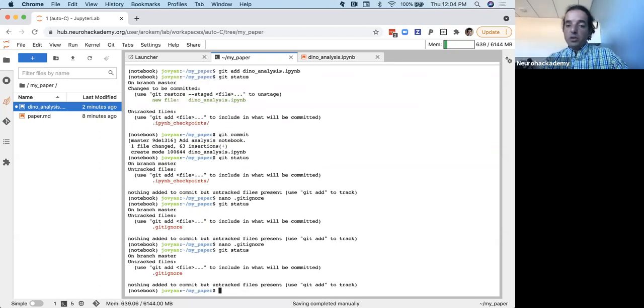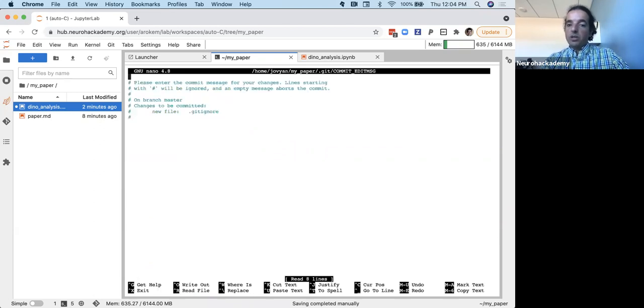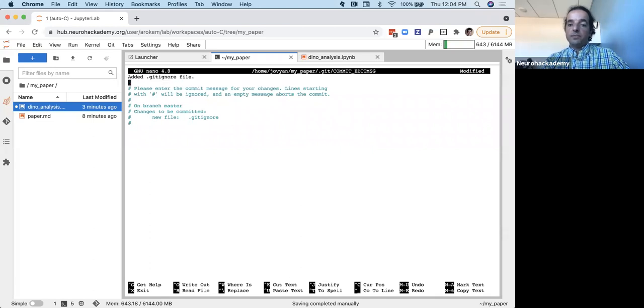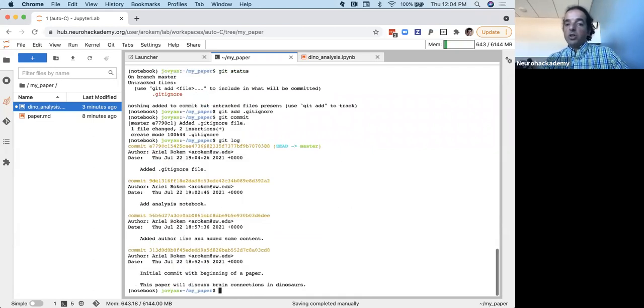Okay, so the next thing to do then is to add the .gitignore into the repository, and then git commit, added .gitignore file. Okay, so now let's look at the log. The log has gotten quite a bit longer here. We have one commit related to the addition of the analysis notebook, and one related to the addition of the